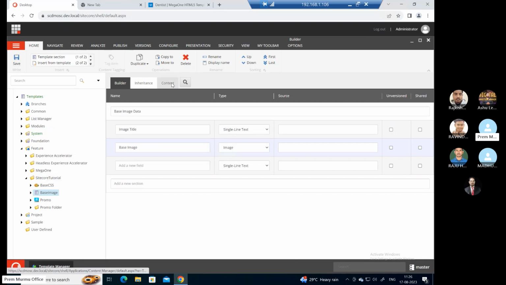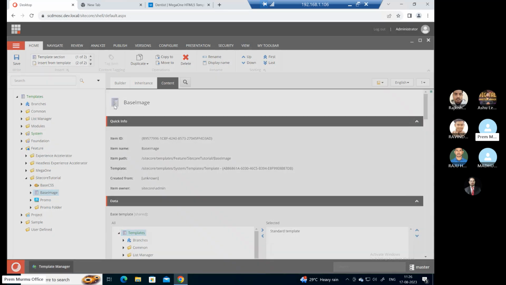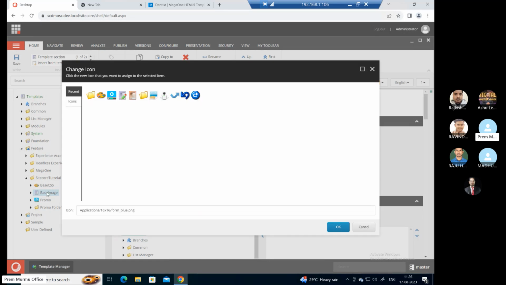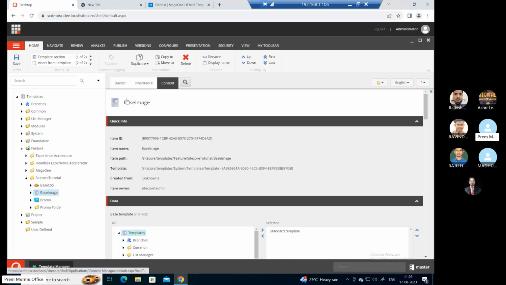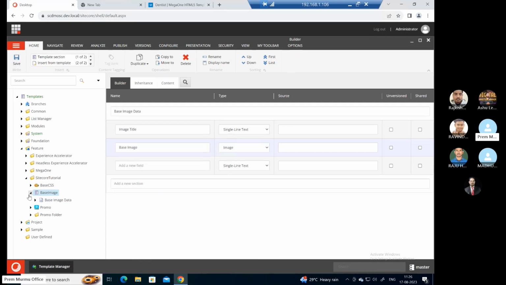We can add some icon on it as well. I was on the builder tab. When I click on content, I can change the icon so that it looks good. Generally for the base item we don't add the icon, but if you want, we can add one. For every base template we can have a common icon, or we can plan something. For now, let's not add the icon. Okay, so now I have this base image